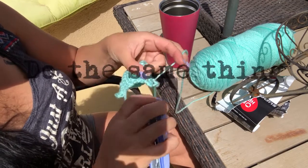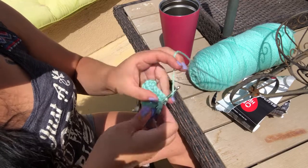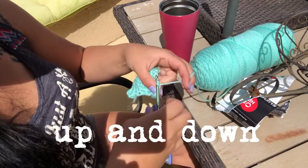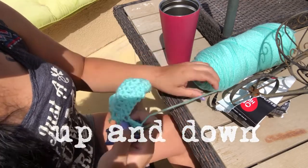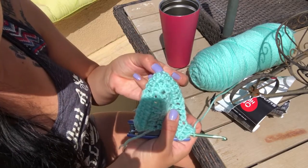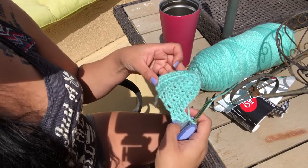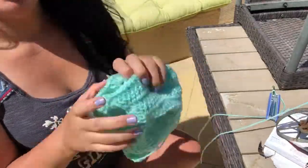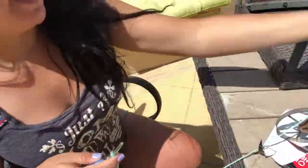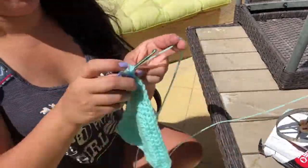Move into the next stitch, and I'm going to double crochet my way all the way back until I get to the top. Then I will do a double crochet in that stitch 4 times, and I will just do that until I reach the desired cup size. When you are done with both of the cups, then you will once again make your slip knot,